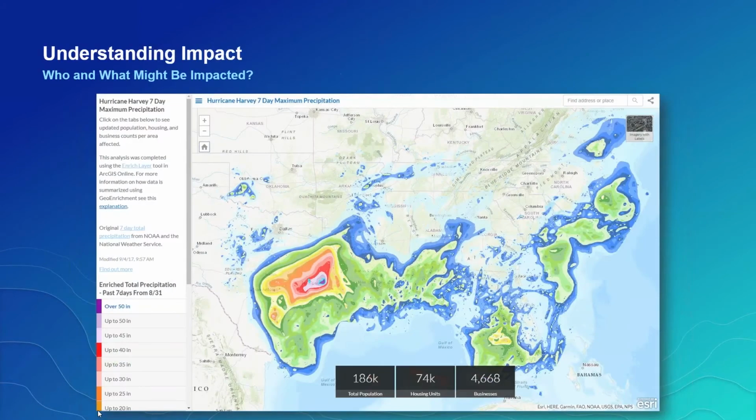So we get a lot of requests for how do we integrate real-time data in our business systems to provide situational awareness. The second is help me understand impact. And so the screenshot we have here is helping people understand who and what might have been impacted by an incident. And this is Hurricane Harvey, and you'll notice this is total precipitation over the 7-day period and the over 50 inches of rain. So just over 51.22 inches roughly in some of the heaviest areas around Southeast Texas are